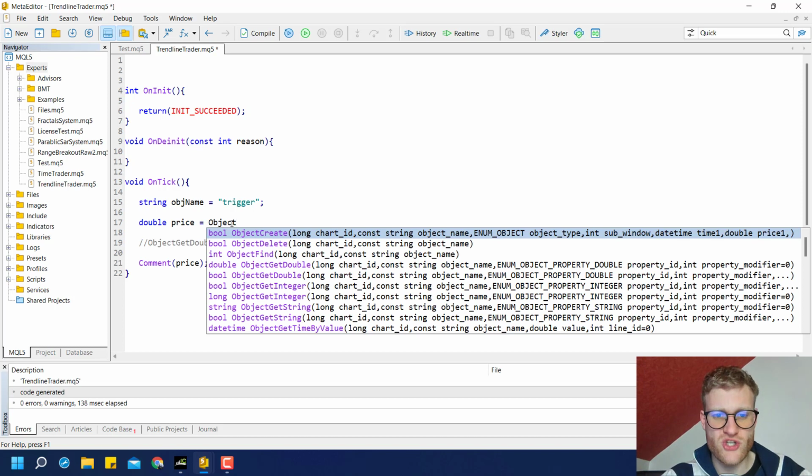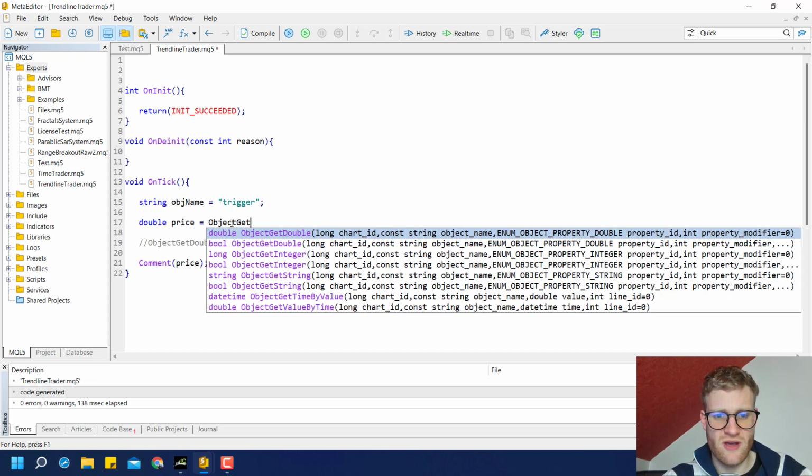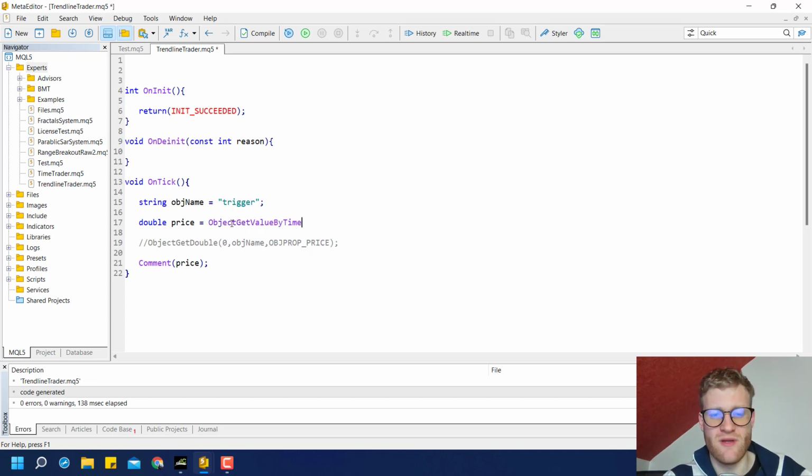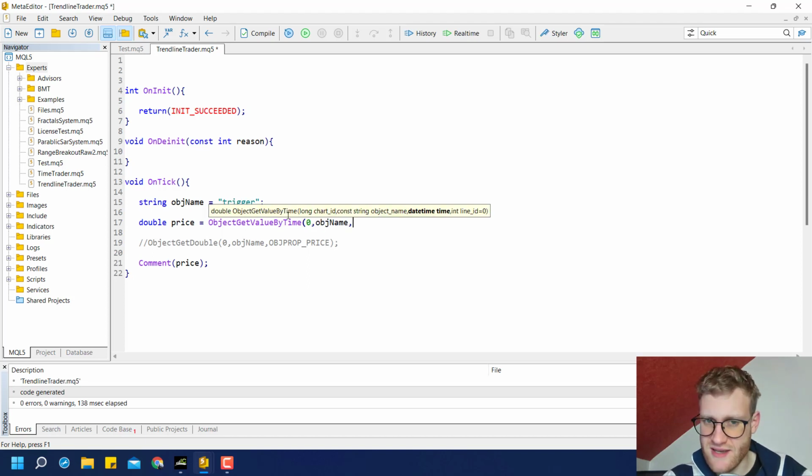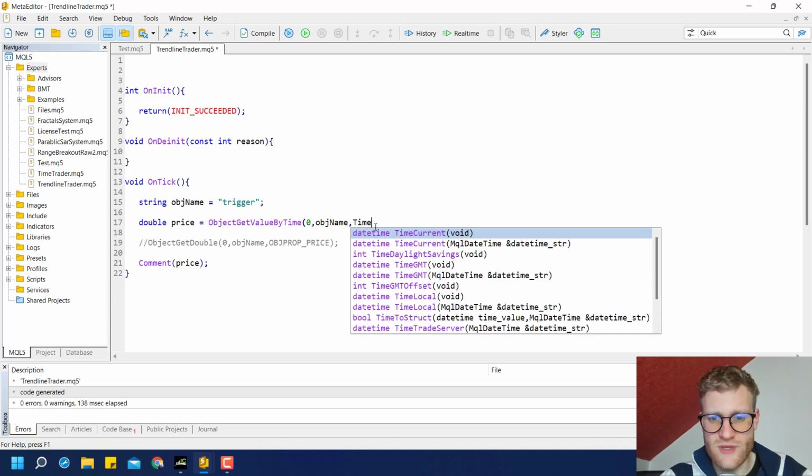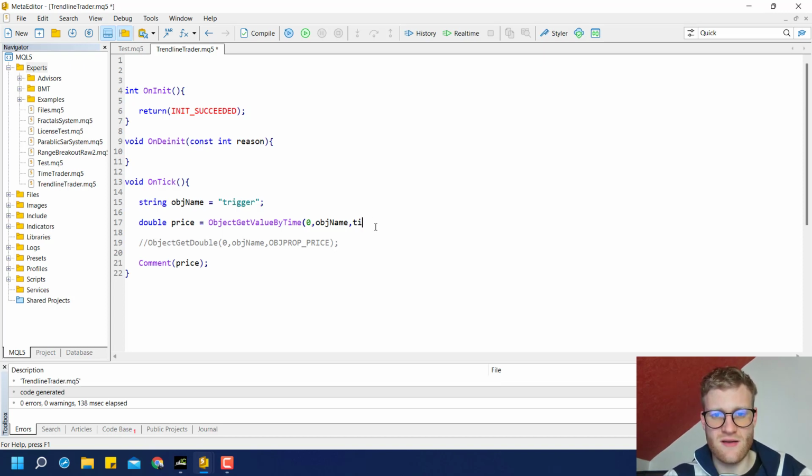But we can use ObjectGetValueByTime. So we can again provide a chart ID, which is again 0 for the current chart, then an object name, which is again the object name, and then we can provide a time. And this is important because now we can say that we want to have the time from the current chart for the current bar, which we can receive using